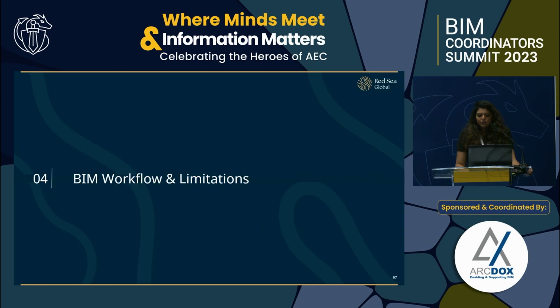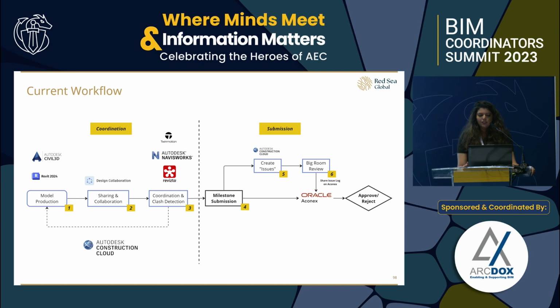Our current workflow looks something like this. We have multiple different software and platforms that we are using to facilitate this coordination process, because currently the software and platforms we have have a lot of limitations in handling the model size, handling complex models like this. So this is our current workflow, and the challenges we had with this is